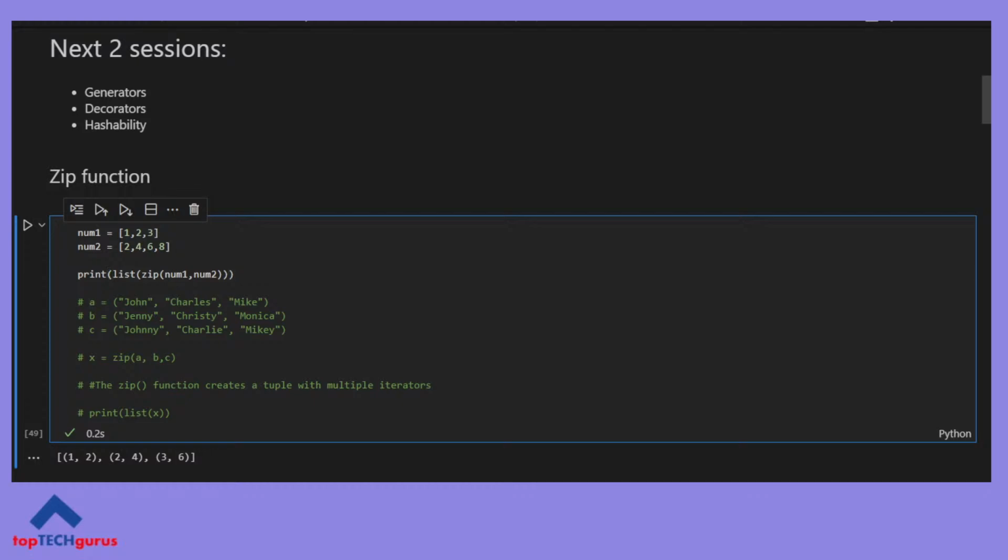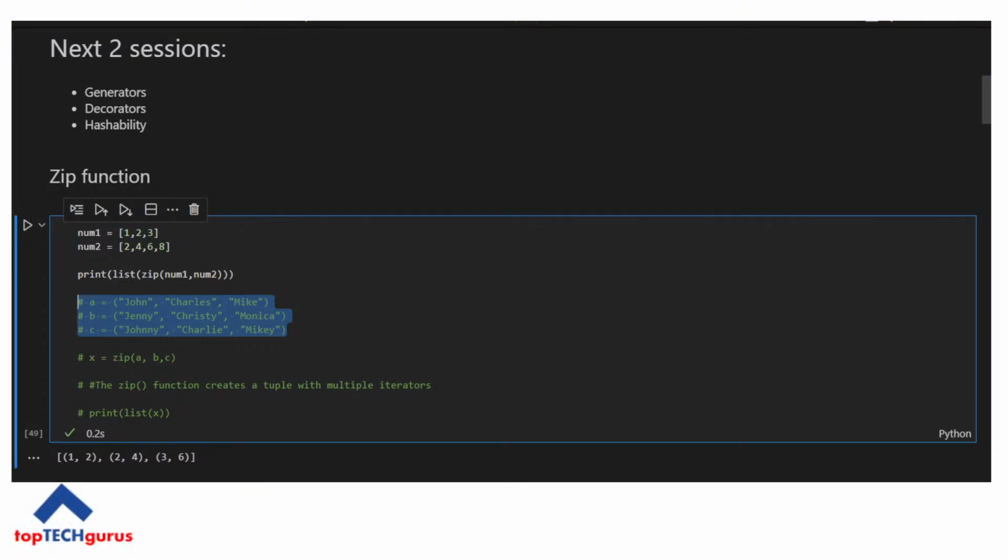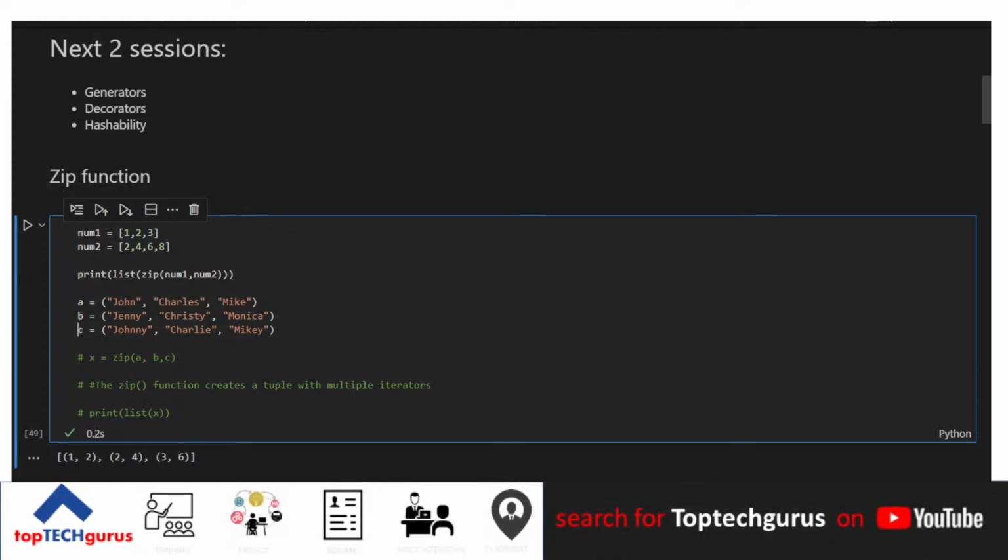Let's do the same with strings, and instead of lists, let's use tuples. Let's take the example of three tuples. They are of the same size. They have names, and they have